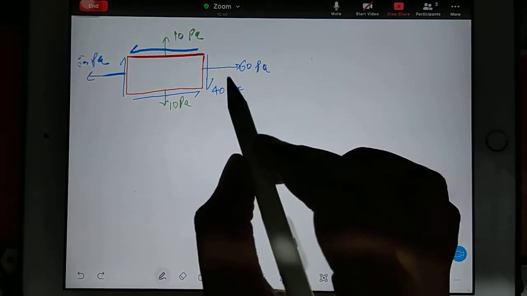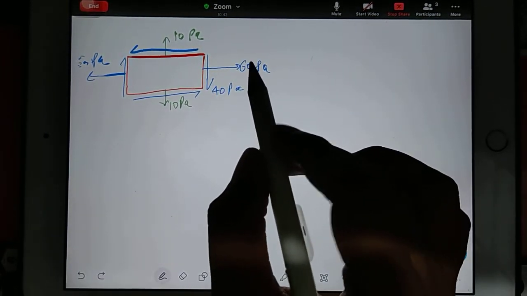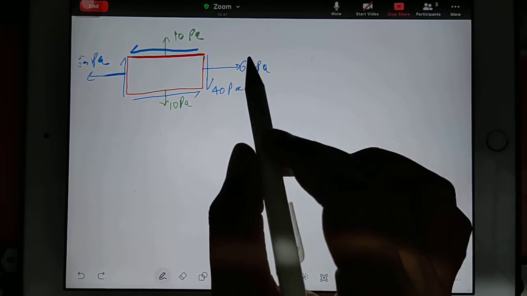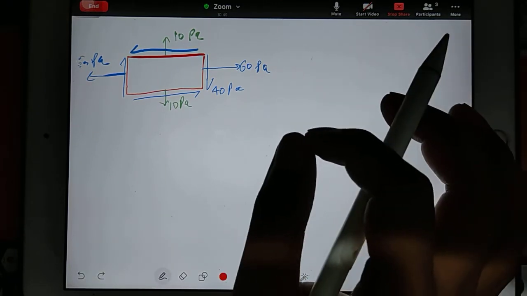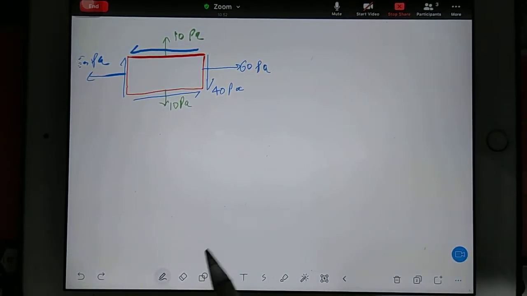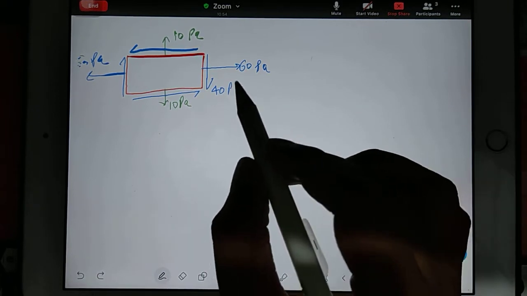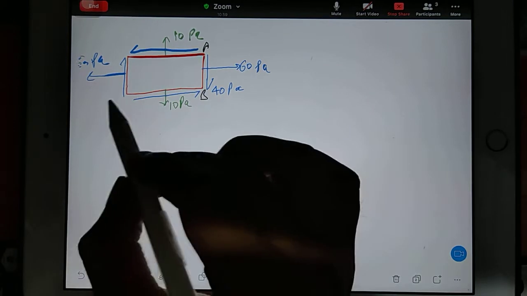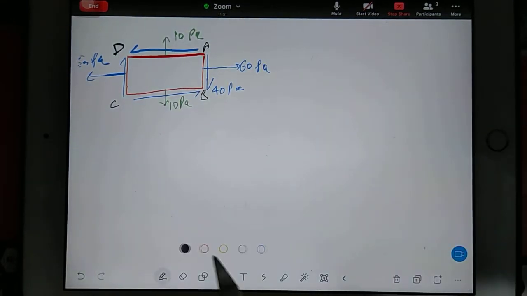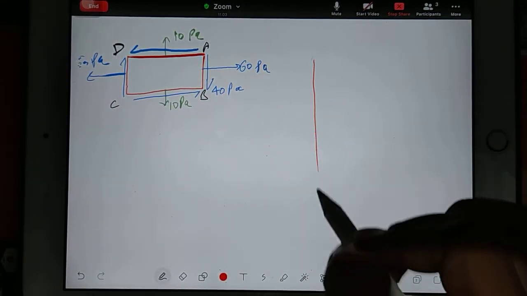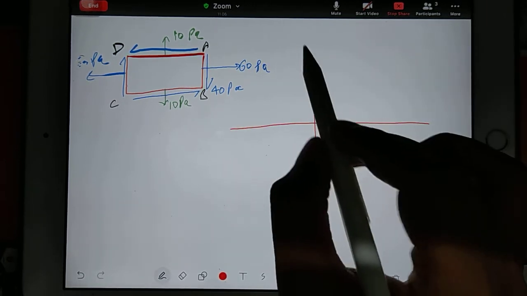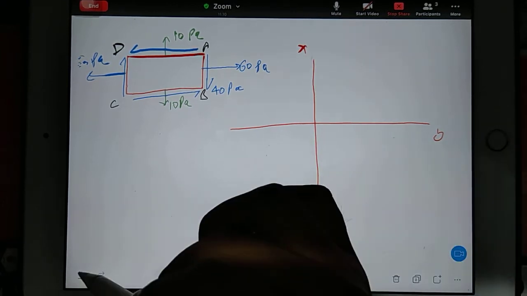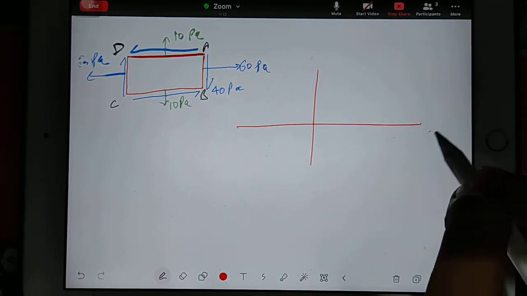Now see, in the first assumption, we are going to discuss how to draw the Mohr circle and what the uses of the Mohr circle are. So first thing, keep in mind, the Mohr circle is the easiest method. How is it the easiest? To draw the Mohr circle, first you give a name to every plane. So you name them A, B, C and D. Then you draw your x-axis, y-axis.